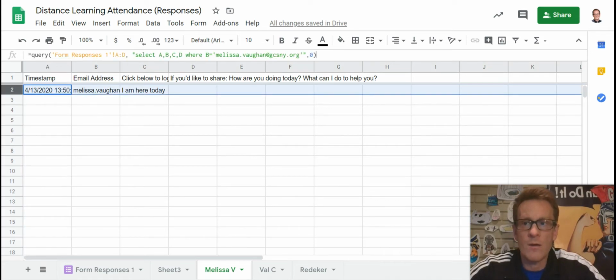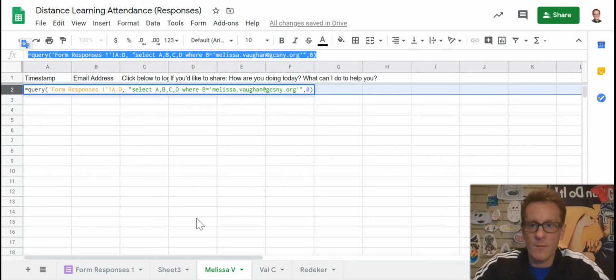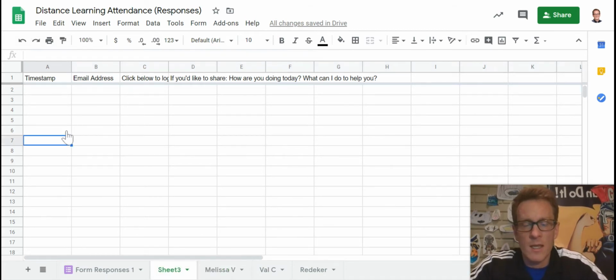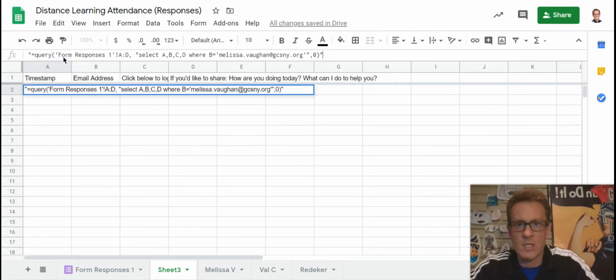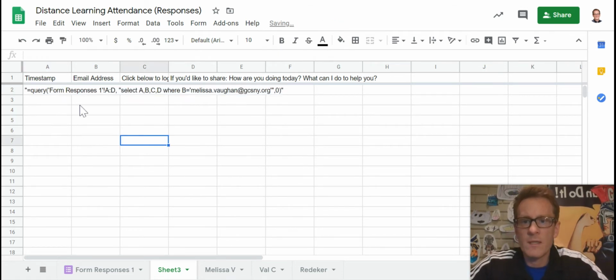I have a query formula, which is a search formula for pulling in information. And what I'm going to do here in sheet 3, just to show you what this is, I'm going to paste this in quotation marks. So let me put this up in here in the formula bar, and I'll put quotation marks in here. So what this means for us is that we start all formulas with an equal sign. So we're going to say equals, and so you'd get rid of the quotation marks, query, which means search, and